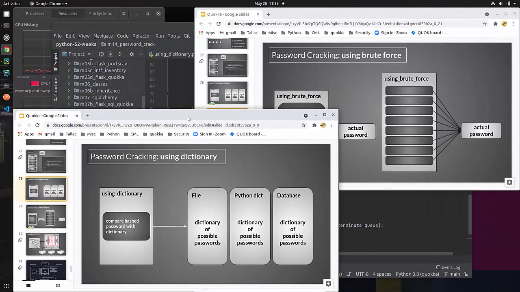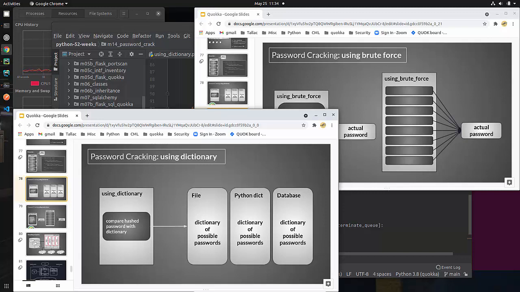So we are examining this topic of cracking passwords. Now, the last lesson we looked at cracking passwords using a dictionary. The idea is that you would have some hashed password value. You wanted to know what its actual value might be. And so you have a dictionary of possible passwords. The one that we used actually had 15 million different passwords in it. And so we looked at the way that is done most often that I've seen online, where we're reading the file one line at a time and comparing it to see if our hashed password is the same as that, and if it is, then we know what the actual value of the password is, its unhashed value.